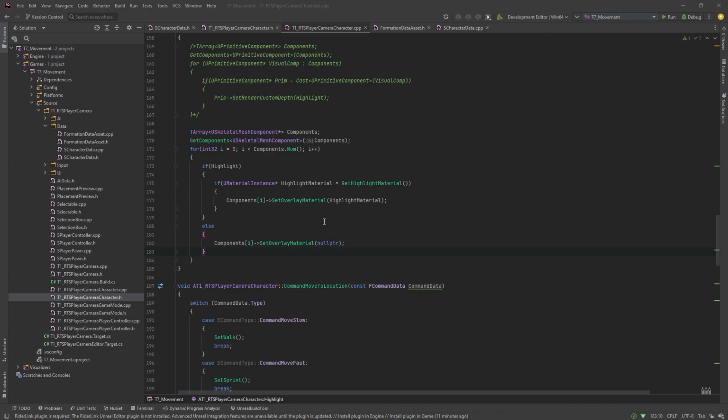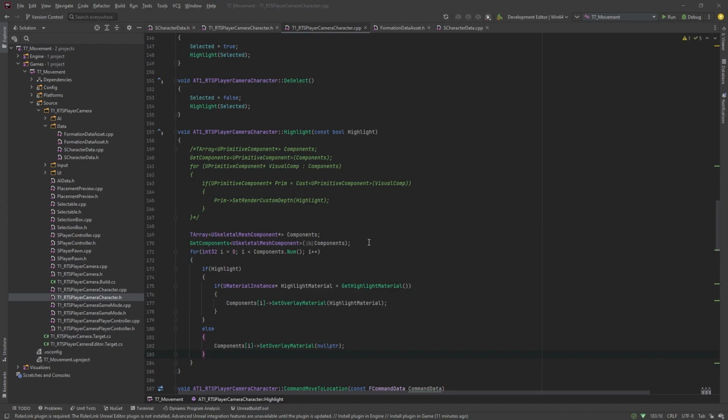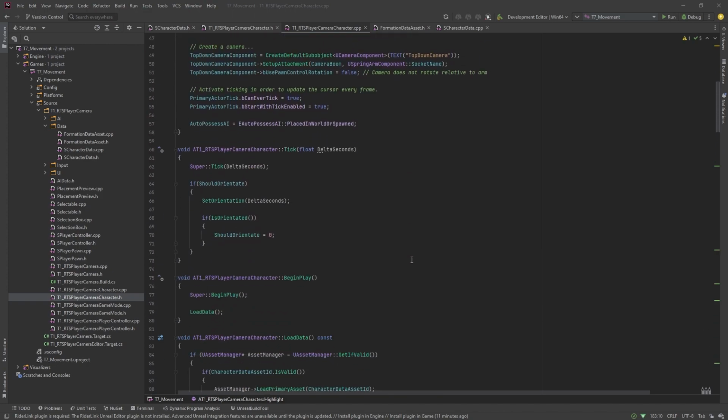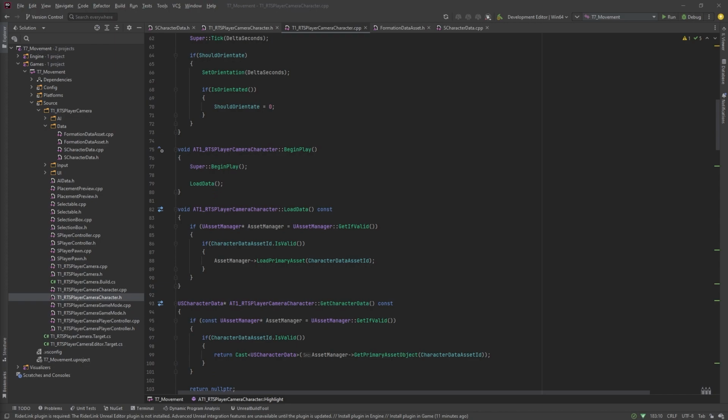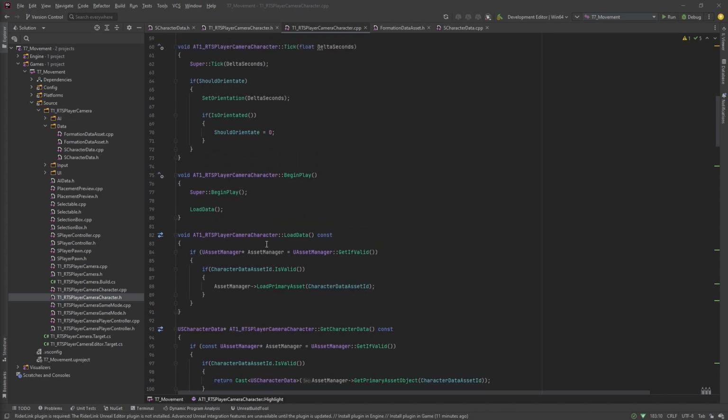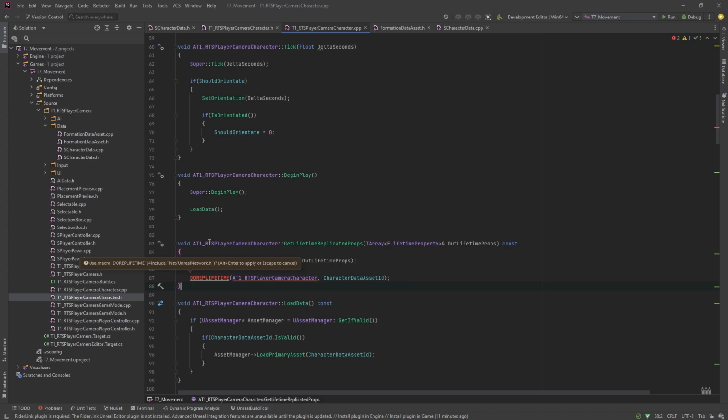So the other thing I have to do is, I mentioned before that we set the asset ID to be replicated. So we need to add the replicated props in here. Unreal uses macros to build this. So the fact that we've got a replicated value means we can add this without a definition, so that I can just add this function. I don't need to